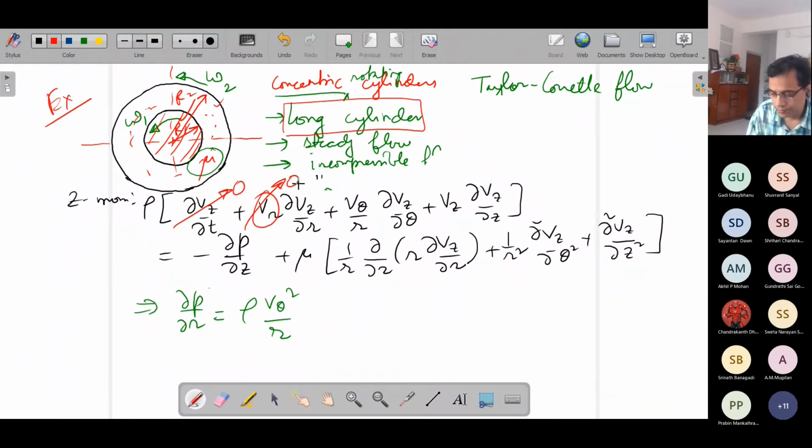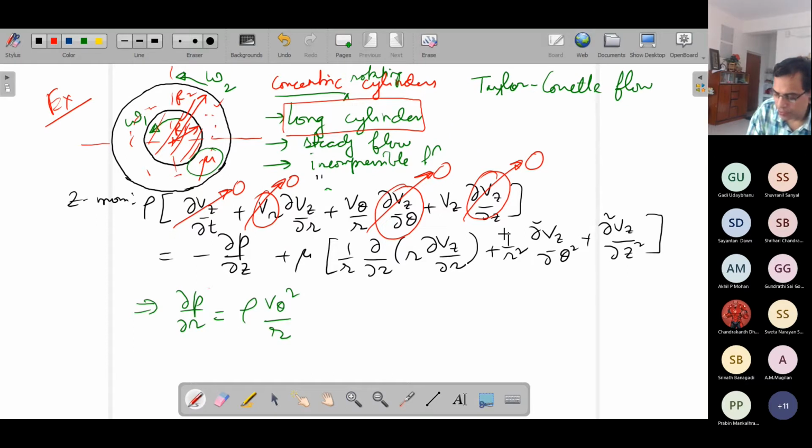Then there is no theta dependence, so this is 0, and there is no Z dependence because of the long cylinder approximation. Okay, so that is the left hand side. Right hand side,